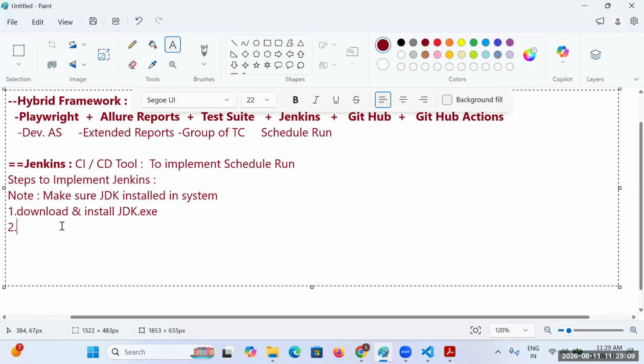After that, the next step: first, download and then install Jenkins.exe. Sorry, not JDK, guys. This is Jenkins.